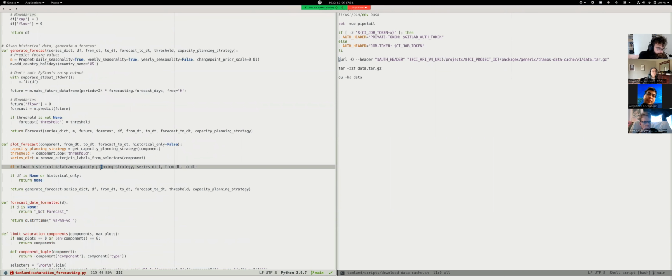Then saturation forecasting. We took a tangent when we hit the load historical data frame. That loads a data frame for the entire 180 days. Then if we're not coming from the cache thing, this historical only flag is set to true for populating the cache, and when we're rendering the book it's false. So then we're going to generate a forecast,